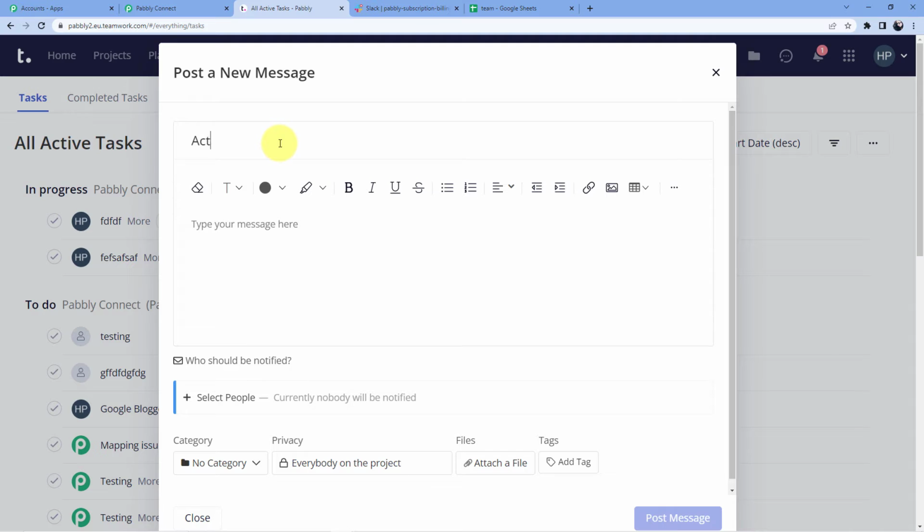So I am going to write more action events, and here I am going to write we need more action events in our Google Sheets.